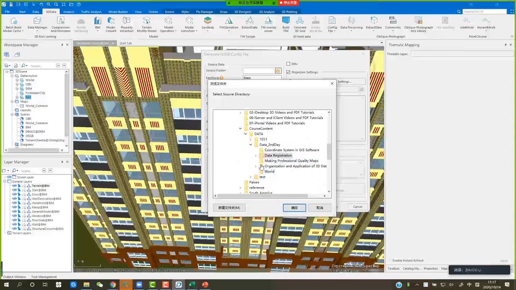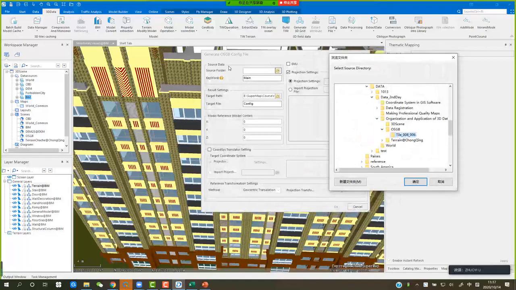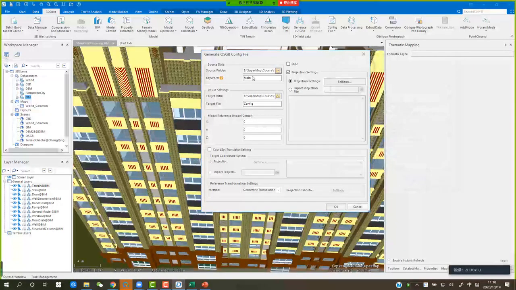in the organization and OSGB. Choose this tile 008-006 in the source data, click this button and choose the tile 008-006 folder. Choose this folder and click yes. Okay, and